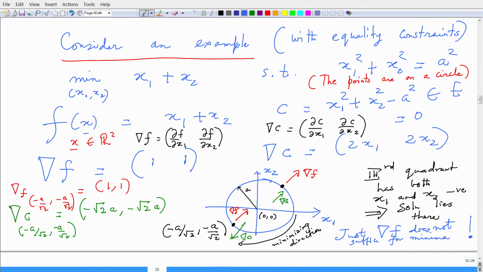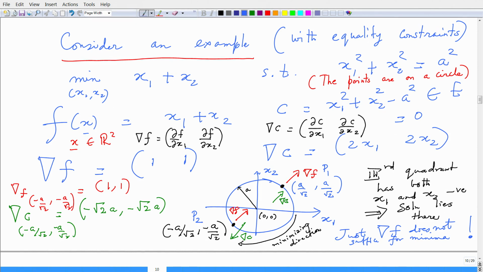the points with coordinates minus a upon root 2 and minus a upon root 2, and this other point which is a upon root 2 and plus a upon root 2. So, there are 2 points here. Point P1 is this point a upon root 2 and a upon root 2 and point P2 is this point minus a upon root 2 and minus a upon root 2. They are antipodal,